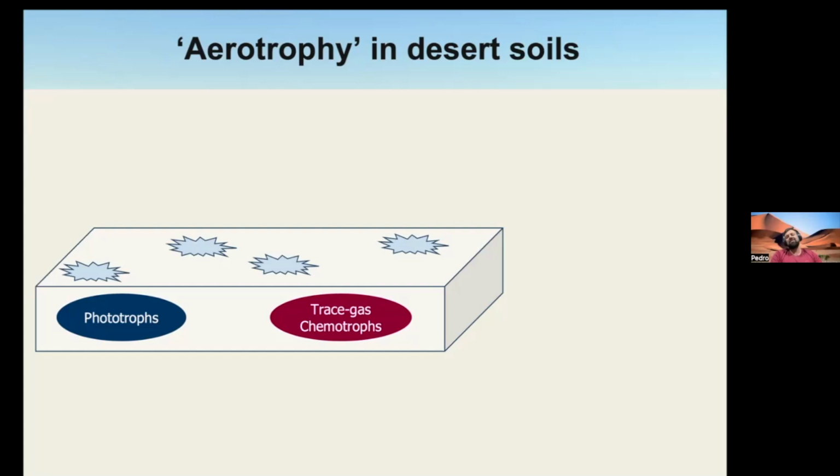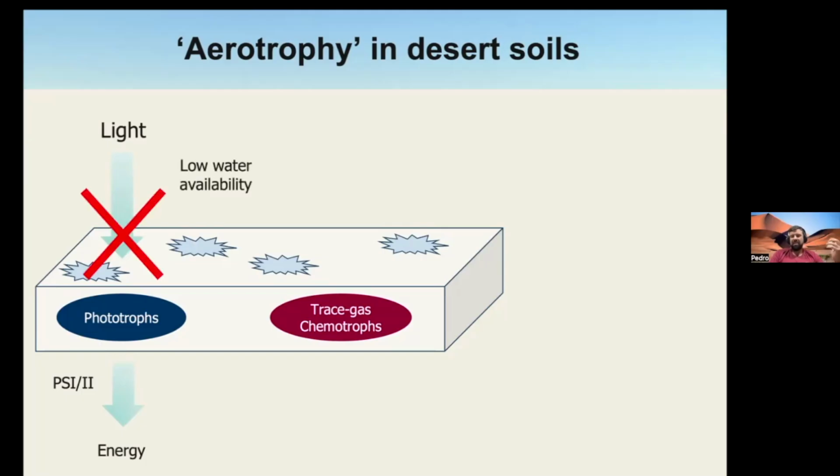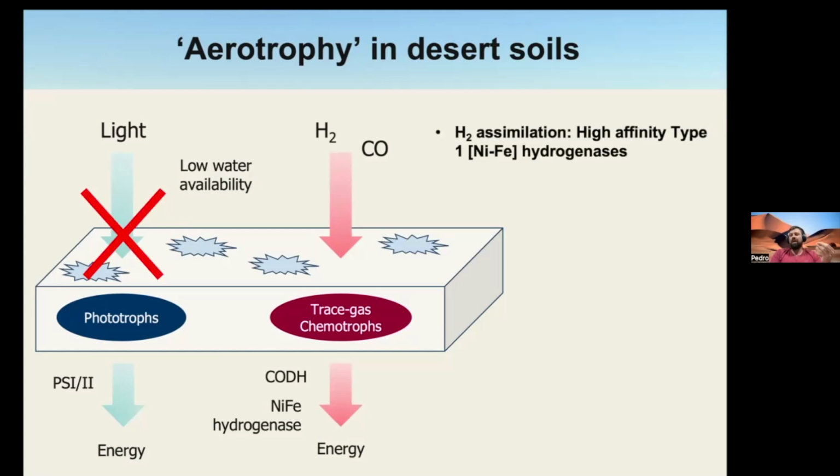But for us this was a paradigm shift from thinking about communities in deserts as being reliant on things like phototrophs that use light to generate energy. This always causes a paradox because phototrophs need water as well, so they are extremely reliant on water. The shift is to a system where you have trace gas chemotrophs that can use things like hydrogen and carbon monoxide from the atmosphere to produce energy. These processes would be driven by proteins such as high affinity type 1 hydrogenases,